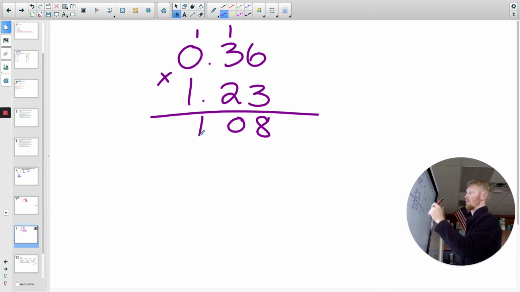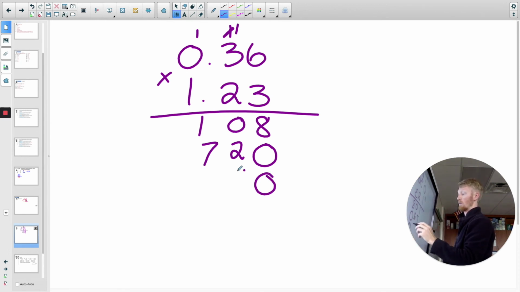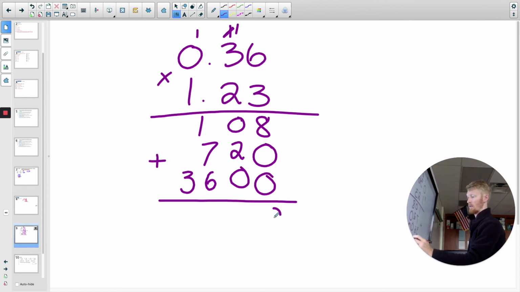All right, go on to the next one. Add a 0. 2 times 6 is 12. 2 times 3 is 6, plus 1 is 7. That's it, and go on to the 1. 1 times 6 is 6. 1 times 3 is 3. All right, now we add them all up. 8, 2, 14,